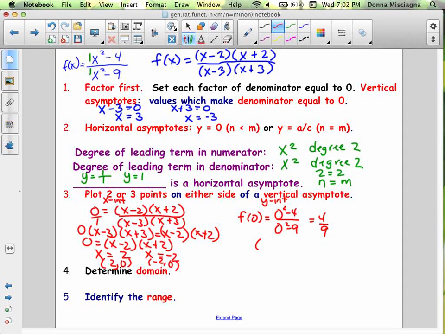So we have another point, our y-intercept, when x is 0, y was 4/9. So now we have almost half of our points, right? Depending, if we're going to graph 7, we've got almost half. If we're going to graph 9, we've got a third. All right, so let's remember those points, and we're going to put them in a table of values on the